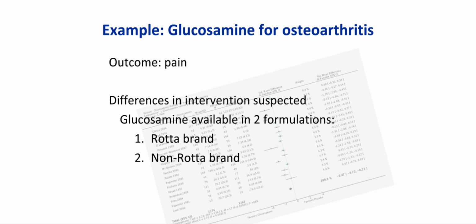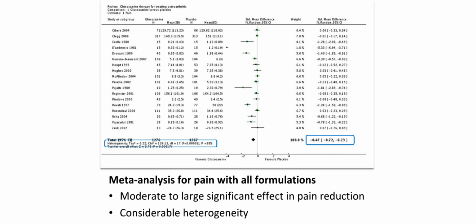Consider the following example. The intervention is glucosamine for patients with osteoarthritis and the outcome is pain. A difference that may explain any heterogeneity is suspected on the basis of the 2 available formulations of glucosamine. One is called the Rotter brand, the other in this example the non-Rotter brand. Looking at the systematic review, examining the effect of glucosamine on osteoarthritis, focusing on the outcome pain, we find that